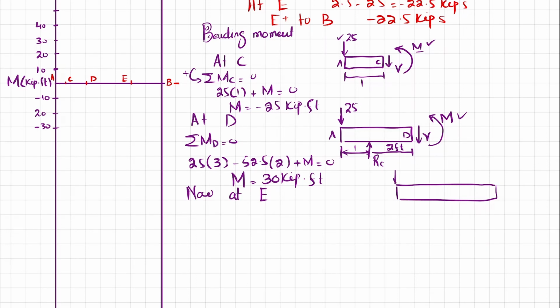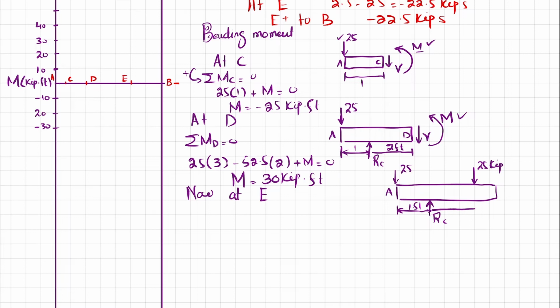This is point A, which is 25. This is point C where you have RC. The perpendicular distance is 1 feet. At point D we have a load of 25 kips,